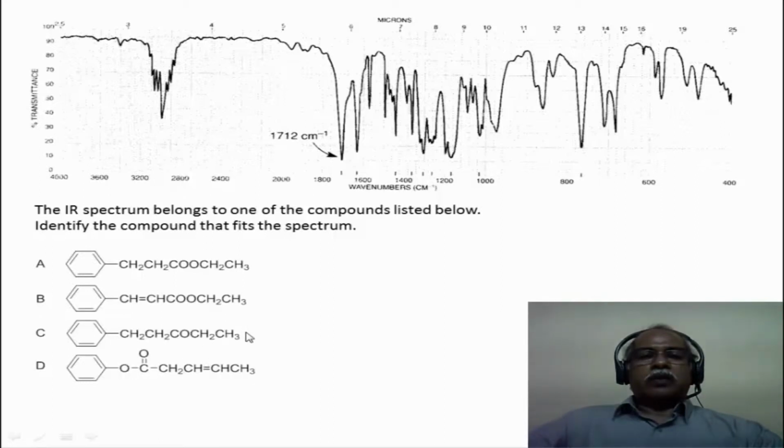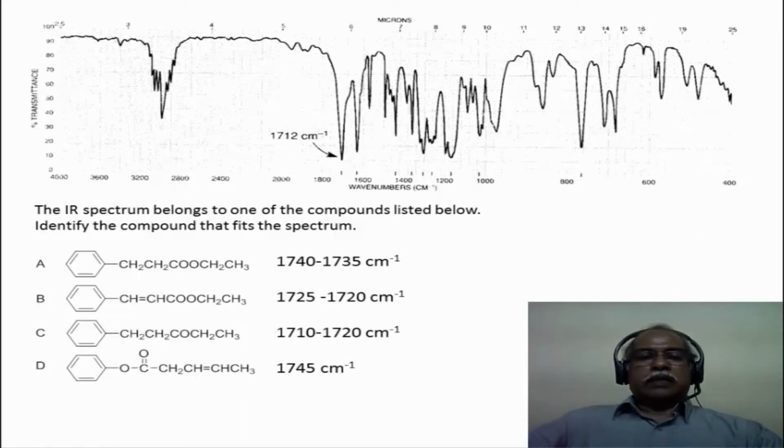So, the saturated ester comes around 1750, 1740 inverse centimeter frequency, and if it were an alpha beta unsaturated system, it will come around 1720 or so. So, one can expect the saturated ester to be ruled out because the carbonyl stretching frequency is actually seen at 1712. So, this can be ruled out. One can also easily rule out the alpha beta unsaturated ester functional group because this will not be less than 1720 or so. One can easily rule out this particular ester because